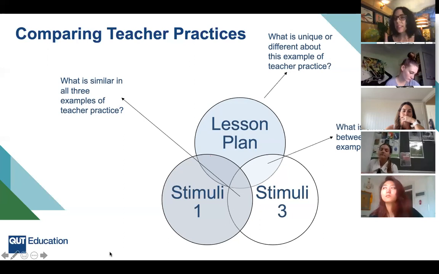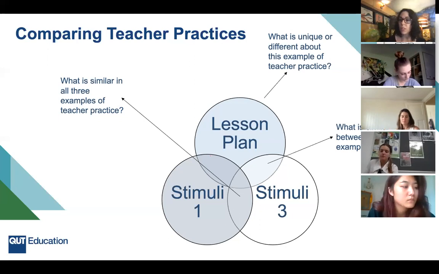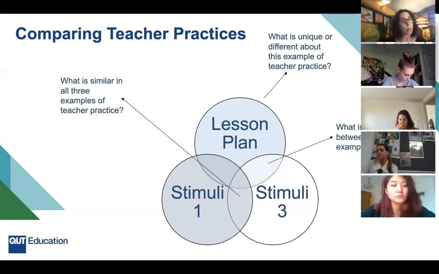Okay, so I guess another area that I noticed that was very common across the majority of the lesson plans and practices was differentiation. So differentiation for individual students, as we said before, that use of prior knowledge, multimodal, so using lots of different strategies and multimodal tools to engage students, scaffolding as well in those early childhood and primary, use of objectives, and